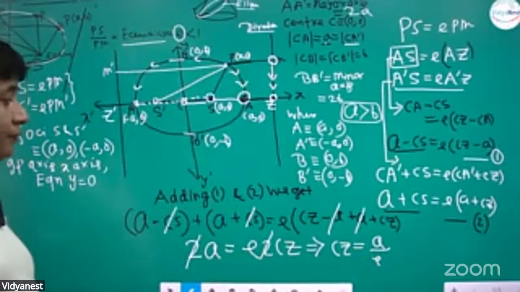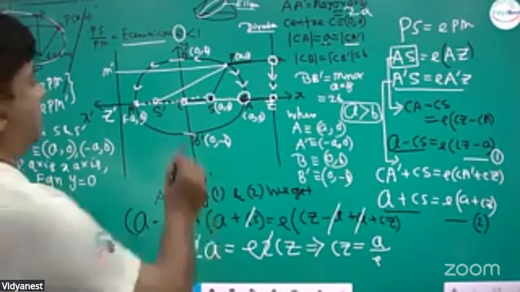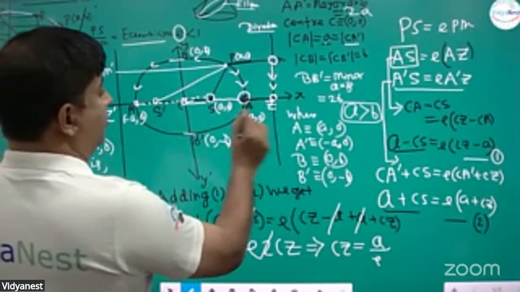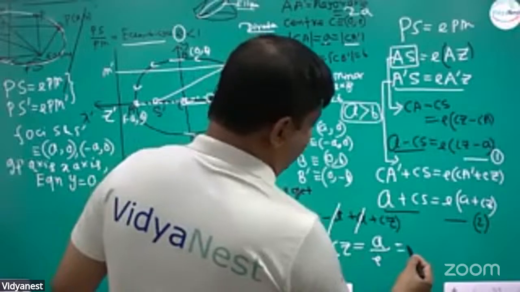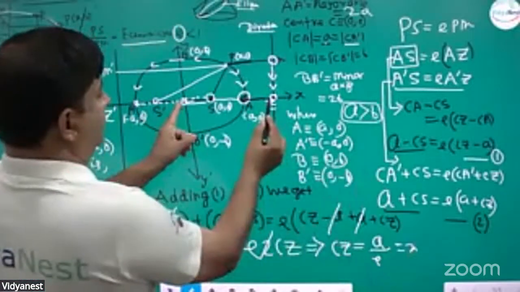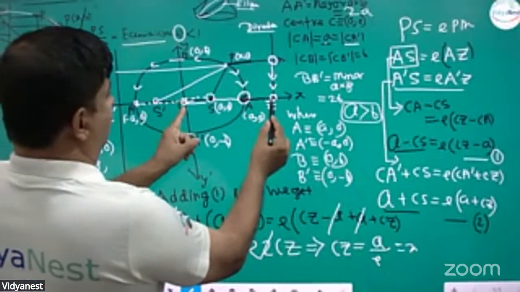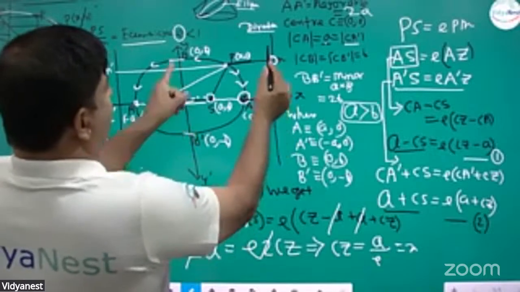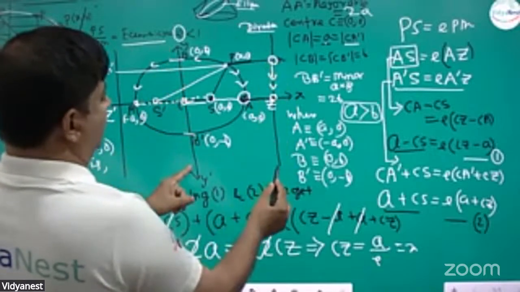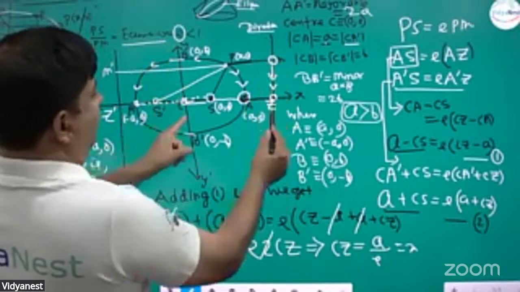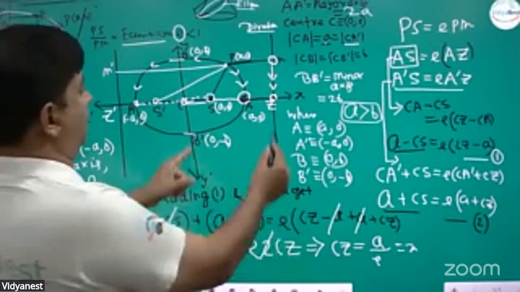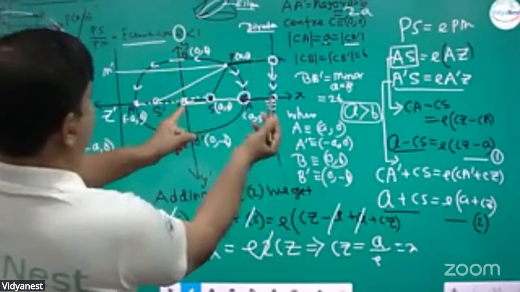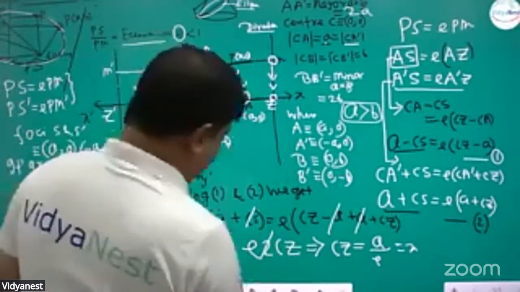Okay. Now CZ means the value of what? X or Y? X. X is equal to a by e. This length. And the point will move in this way. That means x is equal to a by e is one of the directrix. See, if this is one directrix and this is symmetrical to this, I can write